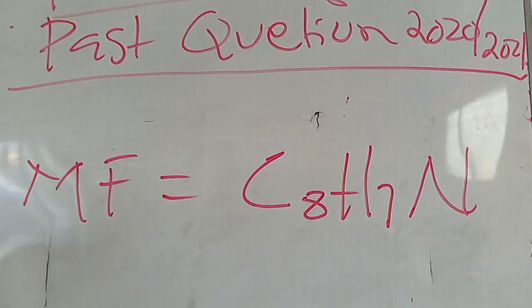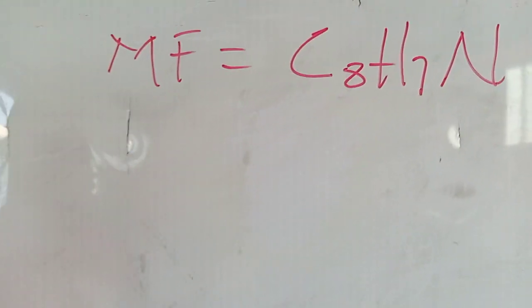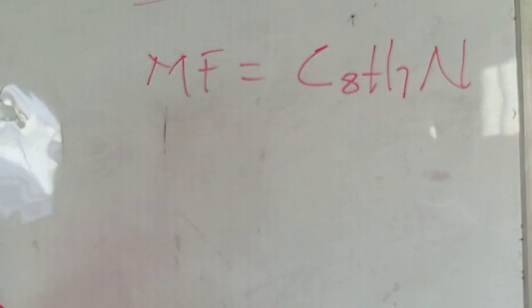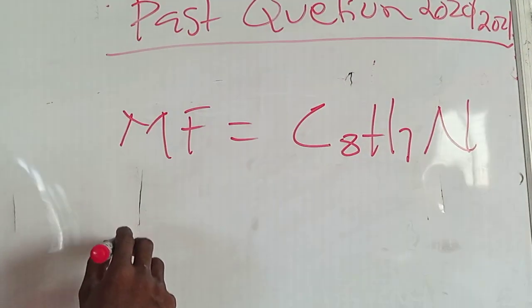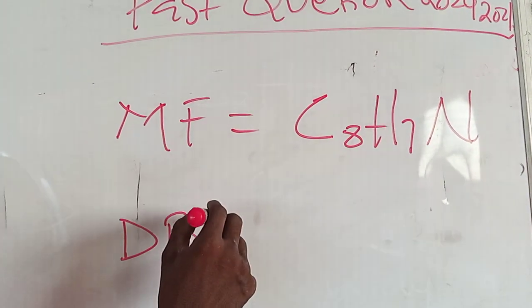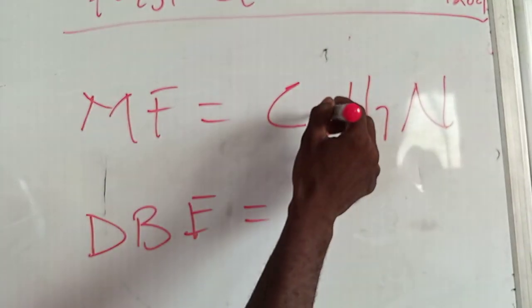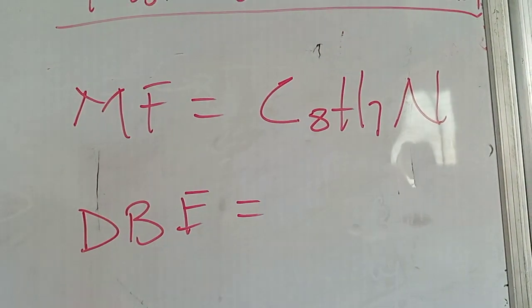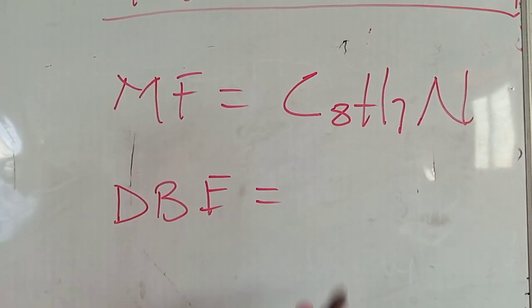C8H7N. Now, after knowing the molecular formula, the next step is to calculate the double bond equivalent, or what we call the hydrogen deficiency index, to know the number of double bonds. So our double bond equivalent, DBE, is equal to the number of... there are several formulas. Now I'm using one of them. The number of hydrogens that carbon is supposed to take when saturated,